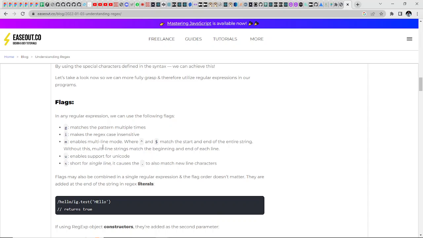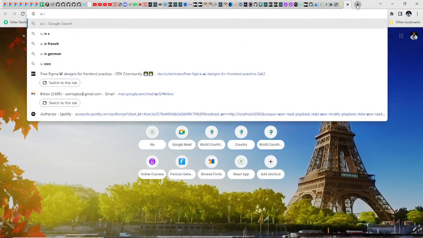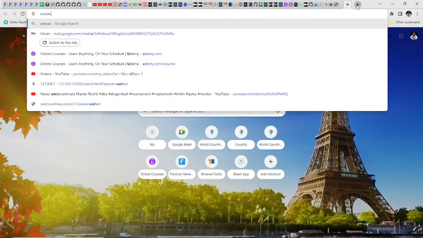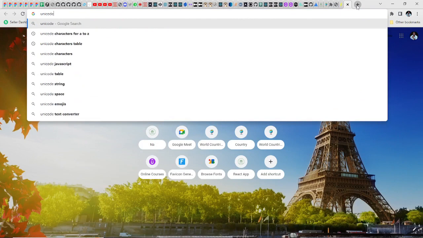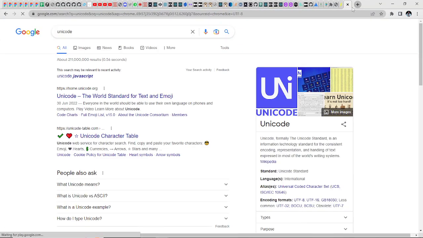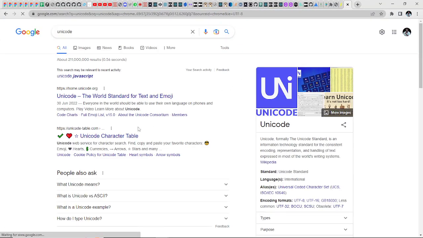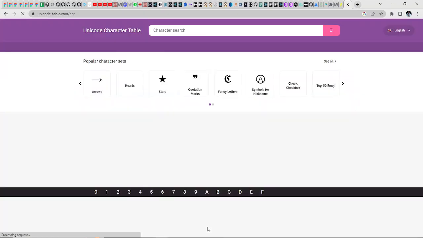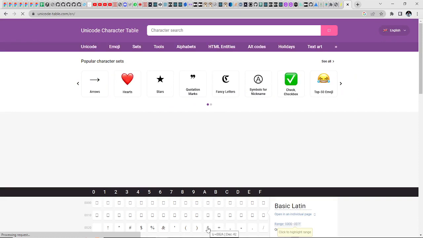U enables support for Unicode. In case you are confused about Unicode, let's go see what that is. Alright, the Unicode character table. So every character available online, like even all the emojis,